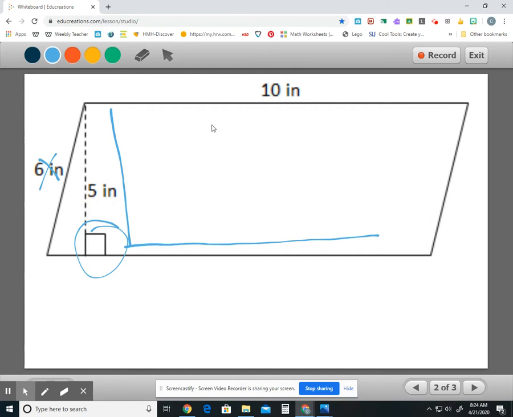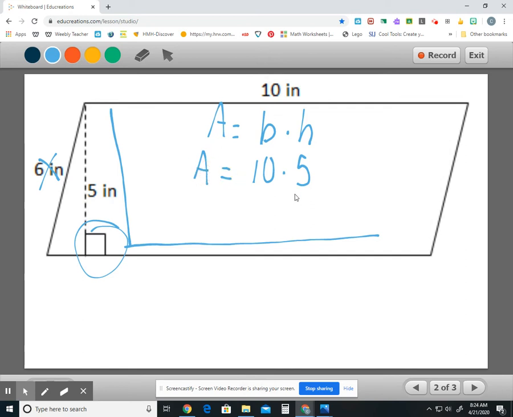Okay, again, just like everything else, we're going to write our formula. We're going to use the correct formula. Parallelogram area is equal to the base times the height. We're going to plug in the numbers that we know. Well, it doesn't give me a measurement down at the bottom, but I should know that the bottom measurement and the top measurement of a parallelogram are the same. So my base, even though it's sitting up here on top, is 10, and my height is 5. Again, shortest distance from bottom to top, so area is equal to